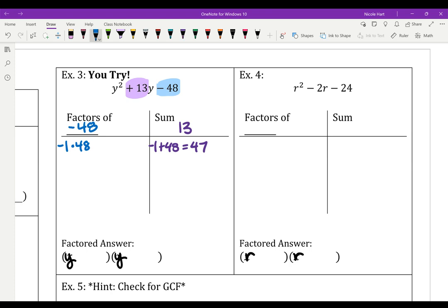So I'm going to jump to, let's see, we've got negative 1 and 48, so that would be 1 and negative 48, just to complete our list. We've got 2 and 24 is not going to make 13. Let's start with 3. Negative 3 and